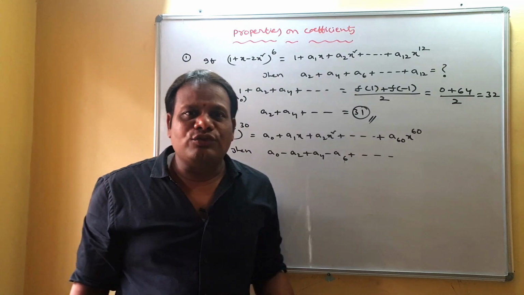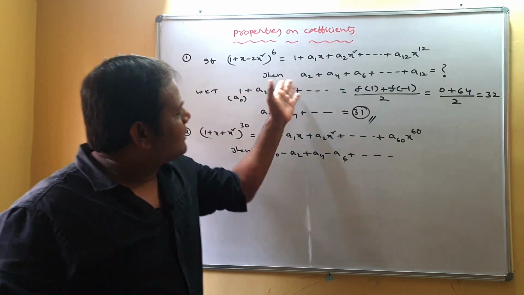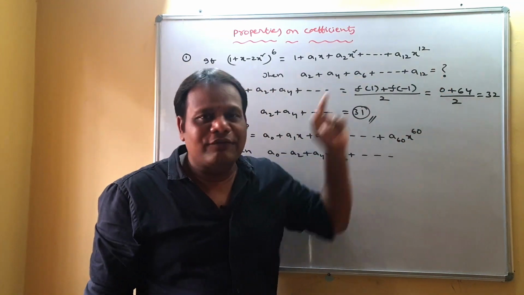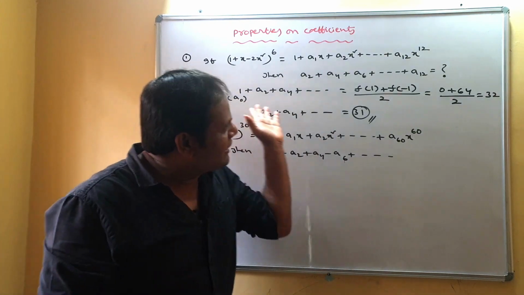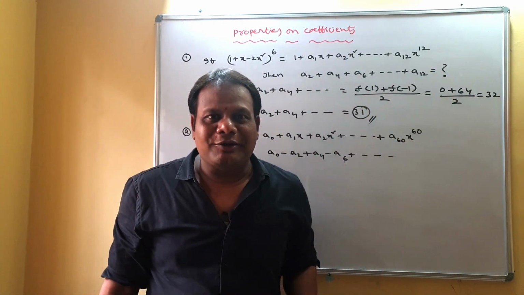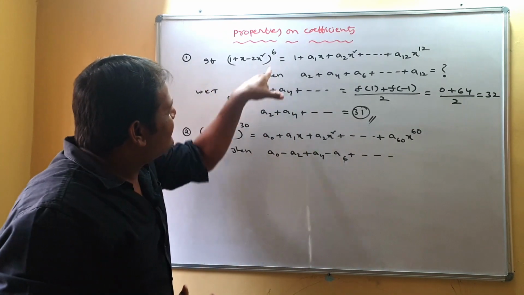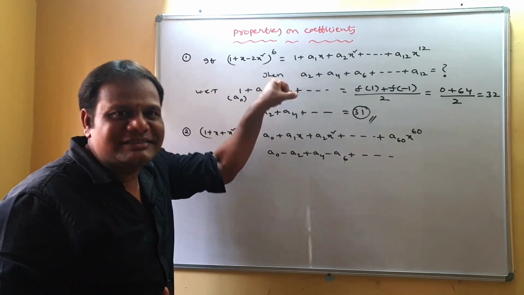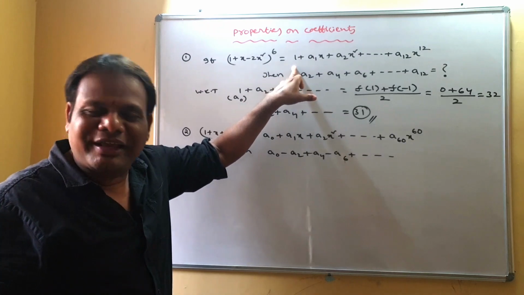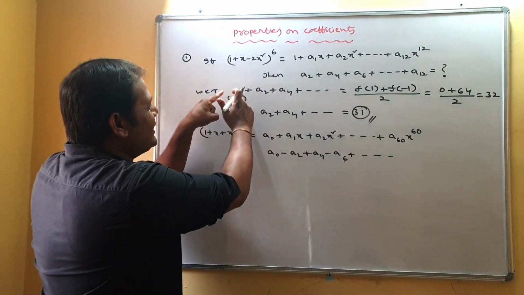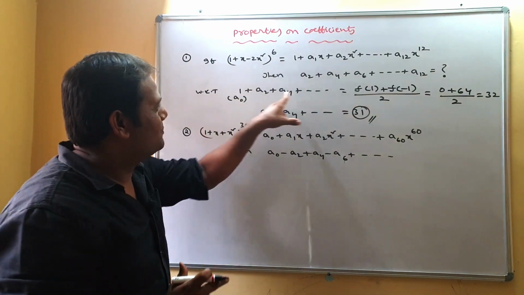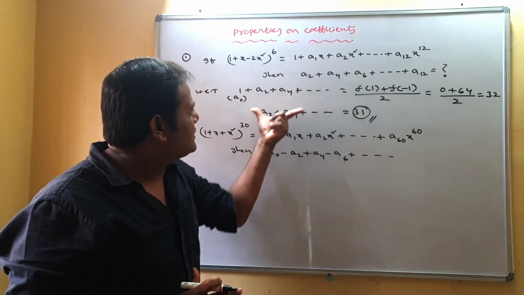So many of the students get confused and directly take the sum of coefficients of x having even powers. So they will take simply f of 1 plus f of minus 1 by 2. But here you observe, my dear friends, they didn't take that a0. What is a0? That is 1. They should take a0 also, right? So I have taken that constant 1 plus this. Now we want a2 plus a4 plus so on.